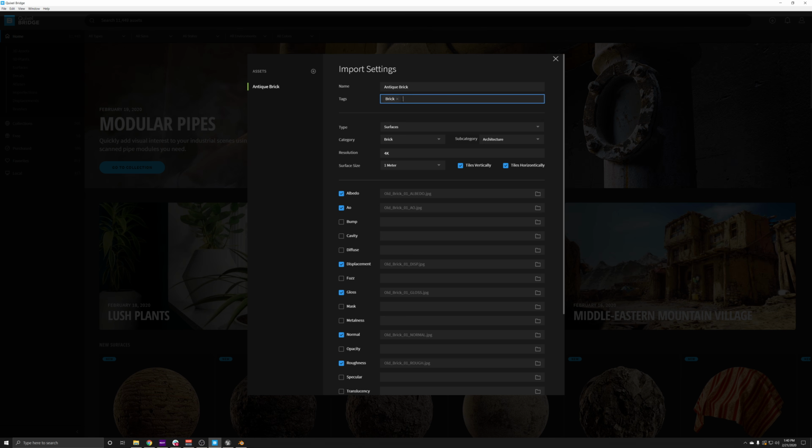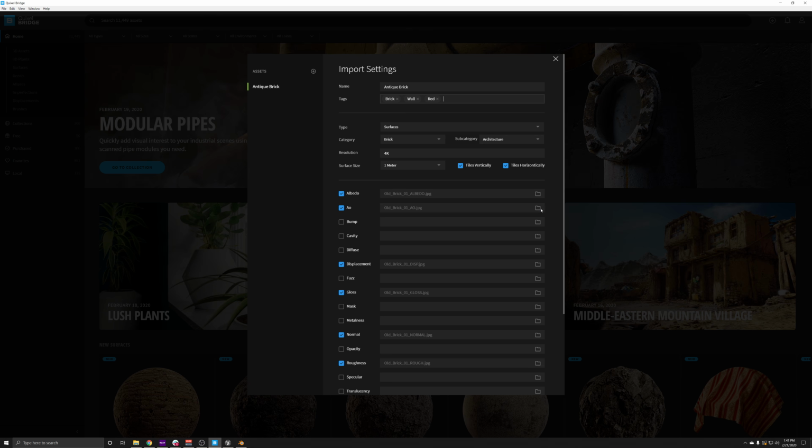So I'm going to just type in wall. I want to keep adding a few tags here as they pop up. And then we'll say that it's a red color. All right, so I think 3 is fine for now to get the point across. You can add dozens of tags to help break down what your asset is.